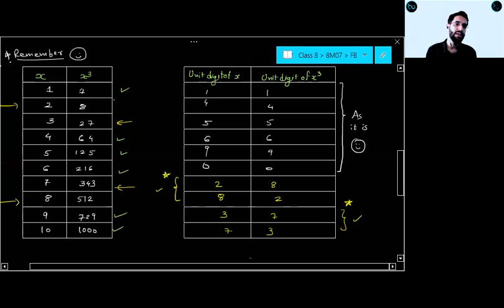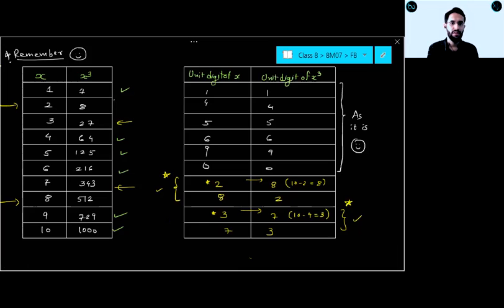If you are facing any difficulty in remembering this, you can just remember 2 and 3, and for 2 and 3, the remaining digit you can obtain by subtracting from 10. 10 minus 2 equals 8. Same for 8, and 10 minus 7 equals 3. This is just for your remembering purpose, because the pattern is that both add up to 10. 10 minus 2 will give you 8. 10 minus 3 will give you 7. Is it clear, everyone? Yes, sir. Great.